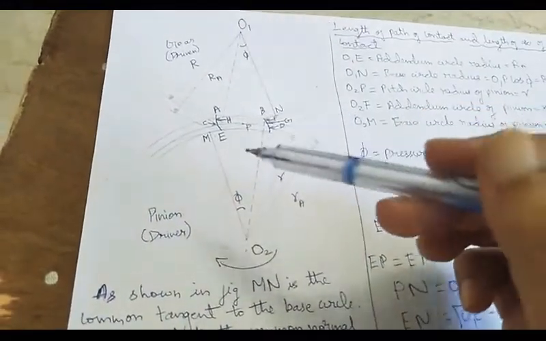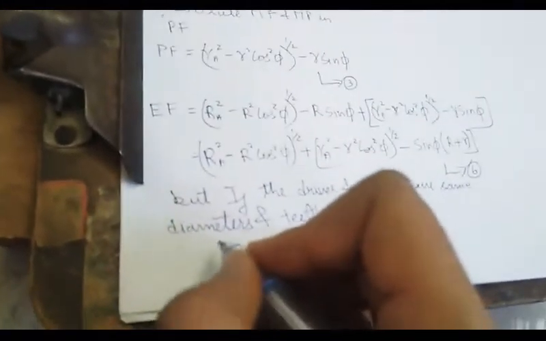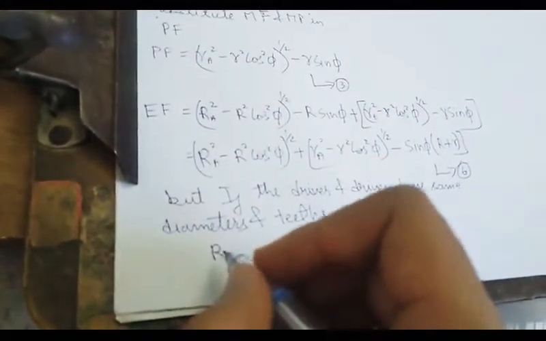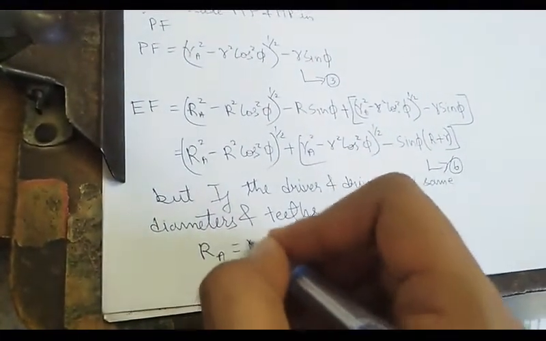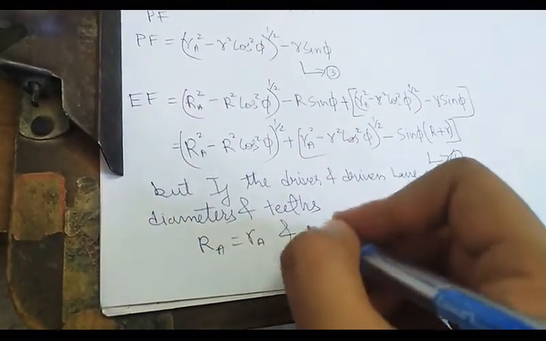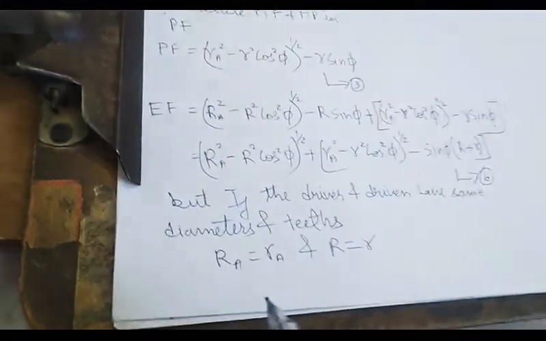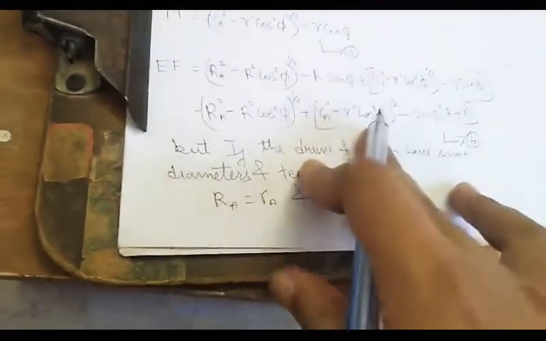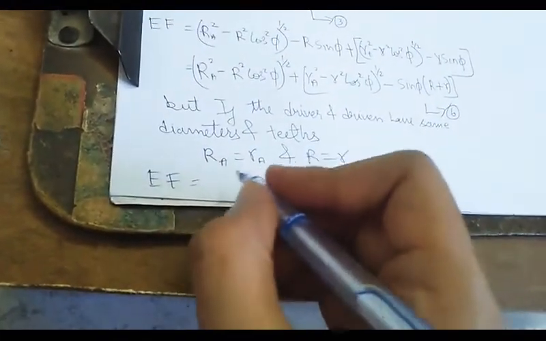That is, both the diameters of gear and pinion are the same. So substituting this condition, equation EF becomes